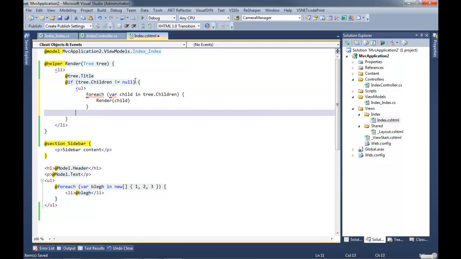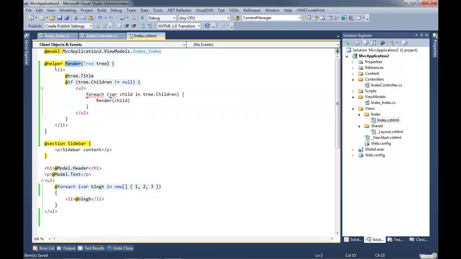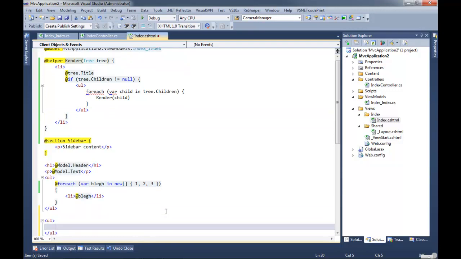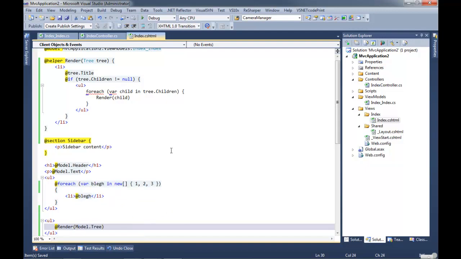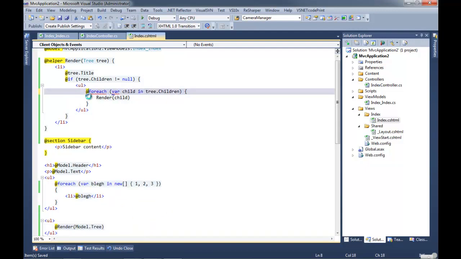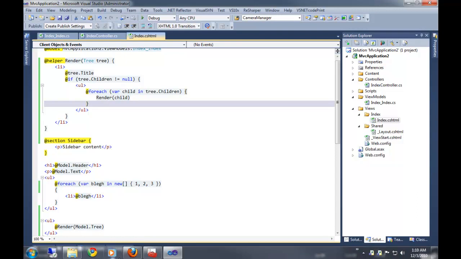So these are little helpers that you can define, and the number one use case that I've seen for these helpers is specifically for trees. And of course that now has to have that.